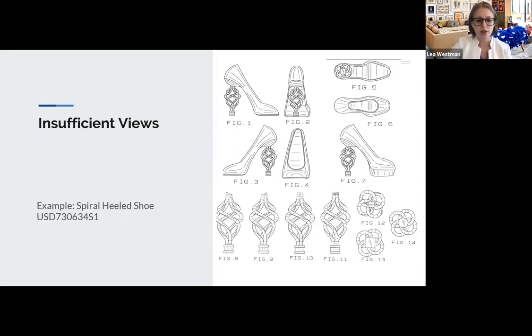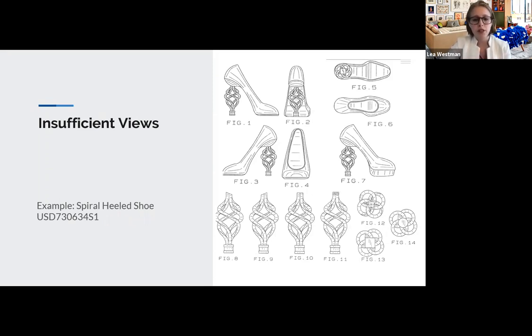So we're seeing figure 1 and figure 3 here from the sides, figure 4 down the shoe from the toe towards the heel, figure 2 in the opposite direction. And then we're also seeing figures 5 and 6, top-down and bottom-up views. Now, arguably you may want to also include some perspective views here because this shape is relatively symmetrical. They didn't include those here, but they did cover every view that you could from an orthogonal